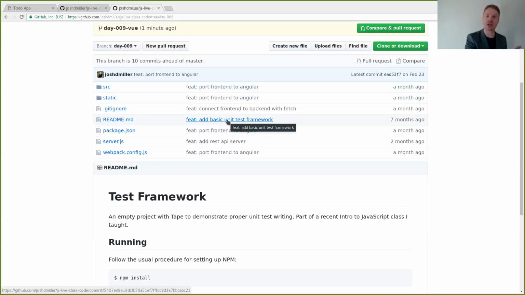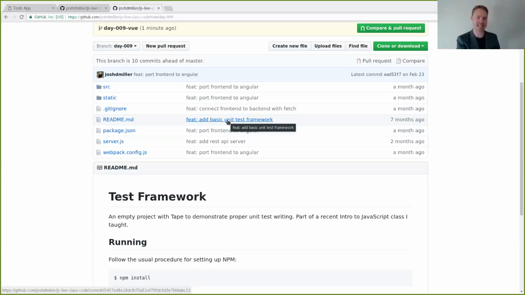As of day 7, we branched off one way to day 8, which was React, and we branched off another way for day 9, which is Angular, and we branched off another one from day 7 for day 9 Vue, right? So we have 3 branches all coming from day 7. And I only mention that because they've been completely sequential until now. Day 1, day 2, day 3, 4, 5, 6, 7. But then once we hit day 7, we branched off 3 ways: Angular, Vue, and React.